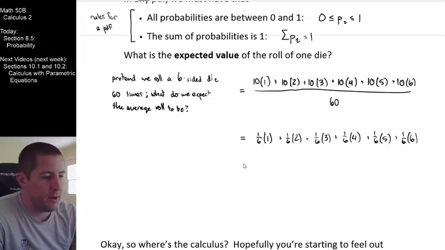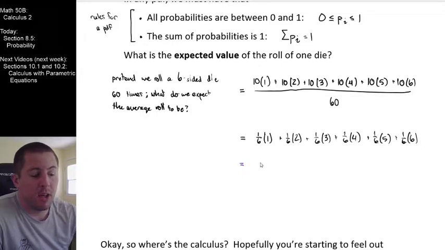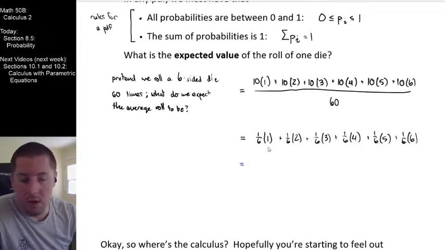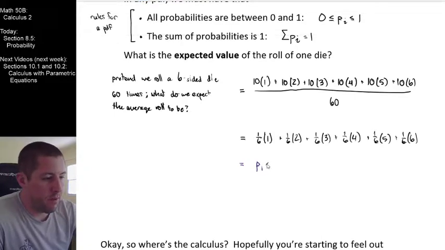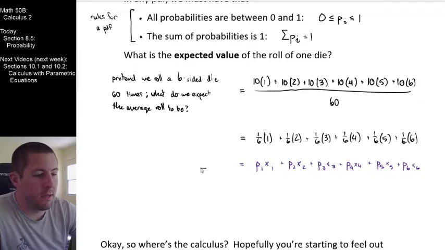And so I think what I kind of want to do is recognize what this actually is right here. I'm going to stop for a minute and go into some color to state our general formation right here. It looks to me like this is our probability of event 1 occurring times the value that's associated with event 1. This looks like the probability of event 1 times the value of event 1 plus probability of event 2 times the value of event 2. And notice, this really looks to me like just the sum of p sub i, x sub i for our expected value.